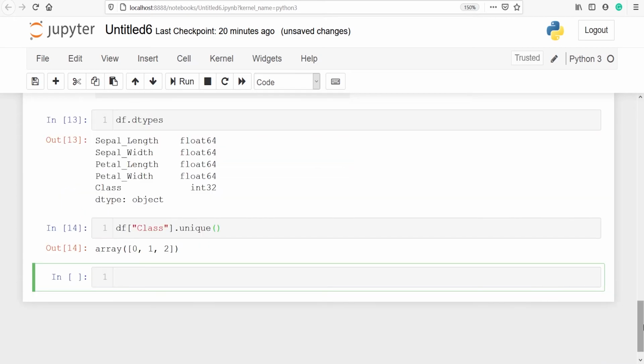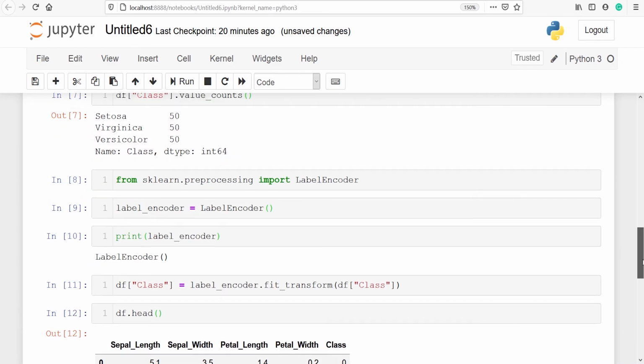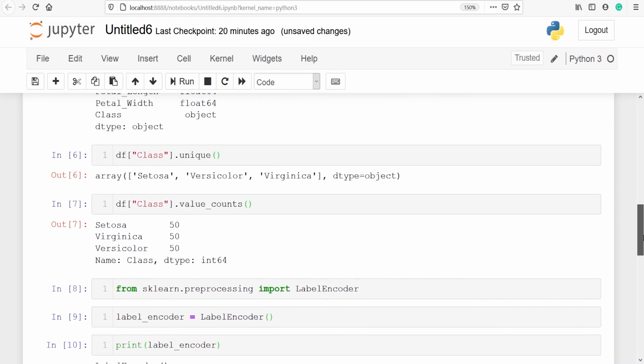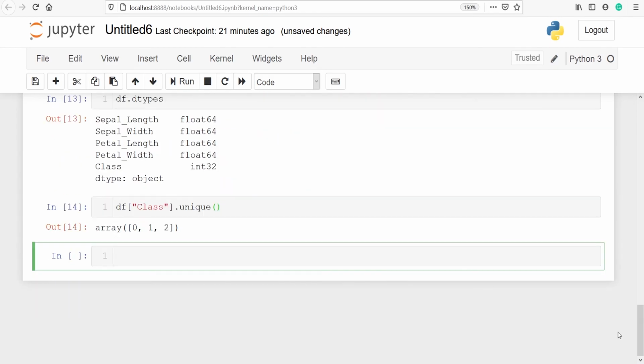This time you can see that we got integers 0, 1 and 2. Earlier we got Setosa, versicolor and virginica, and now we got 0, 1 and 2. We can also count the values 0, 1 and 2. We will say df of class dot value_counts.